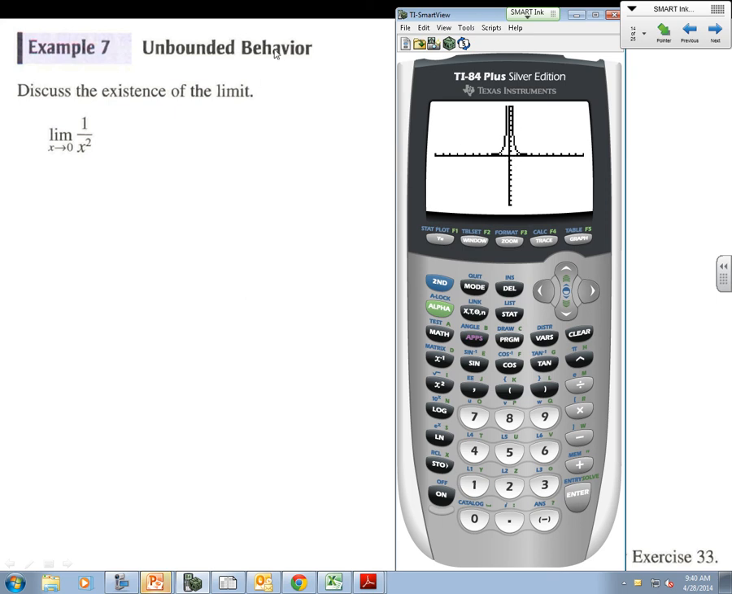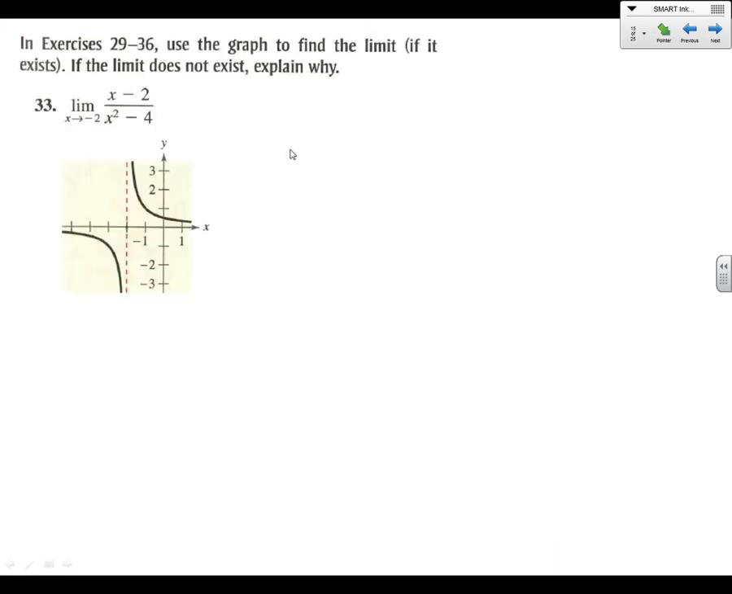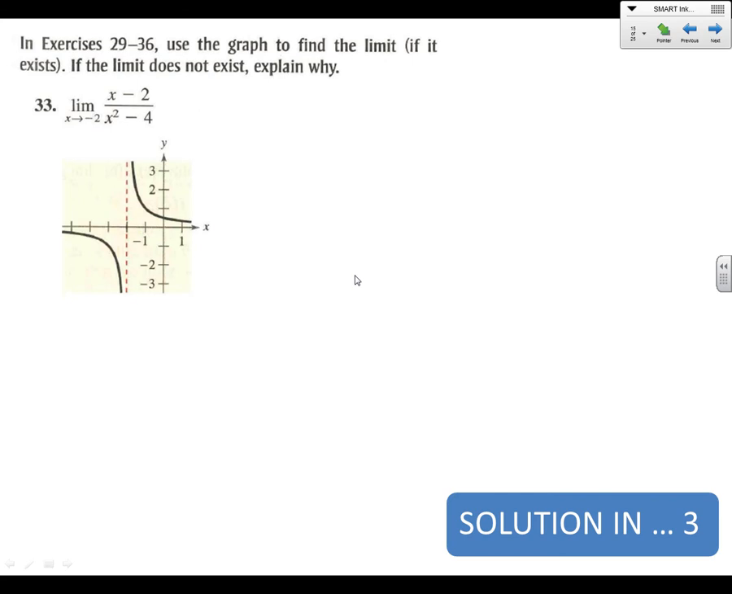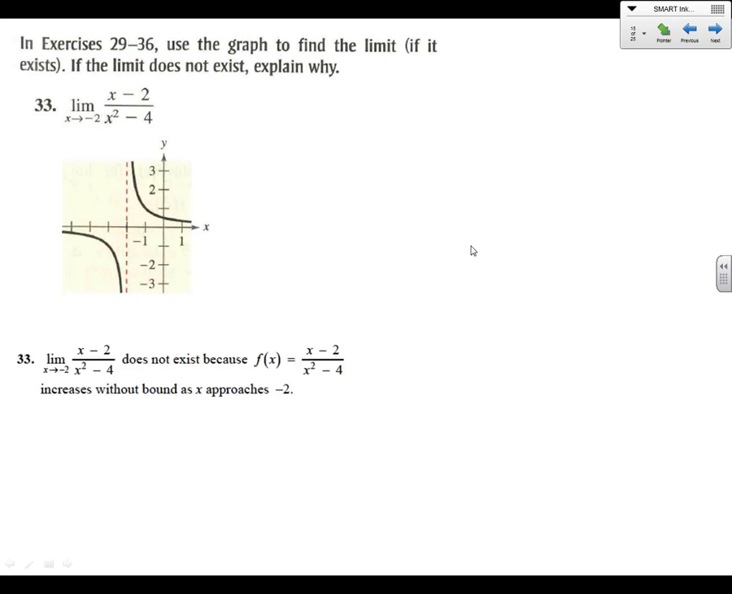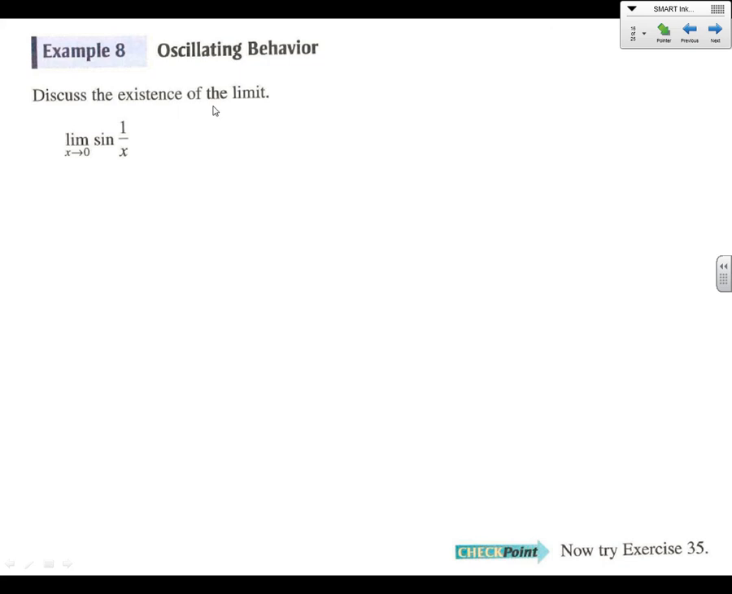This is what's called unbounded behavior. So if we have an unbounded behavior at the x value, the limit does not exist. Same thing with 33. Tell me why it doesn't exist. And last situation where the limit will not exist,